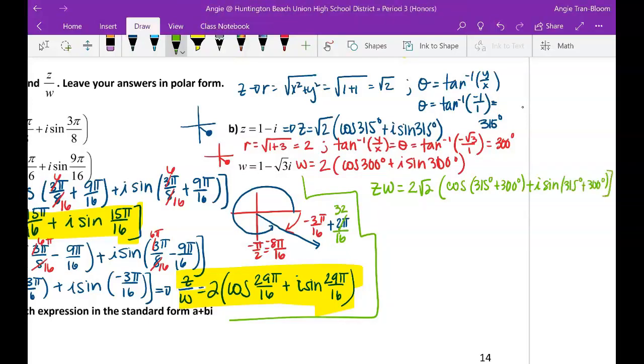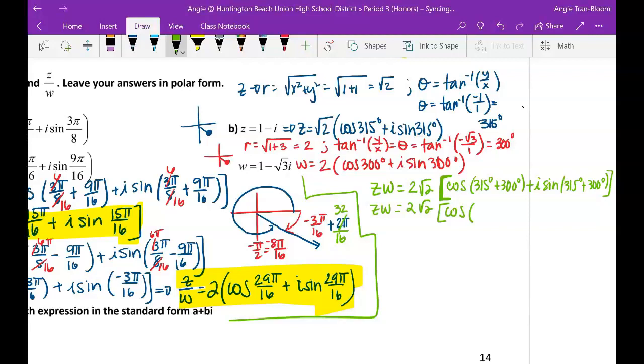Because this problem did not start out in radians, you can just put it in degrees. But if it starts out in radians, you keep it as radians. So the final answer is 2 rad 2 times cosine of